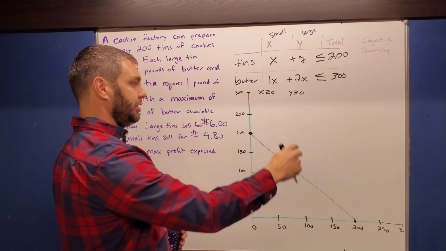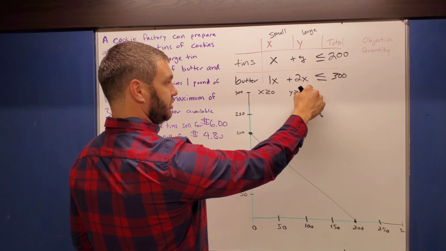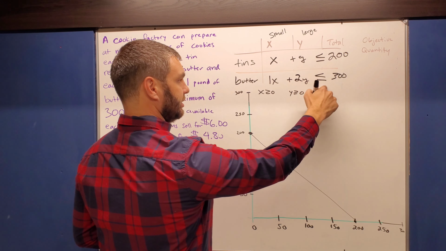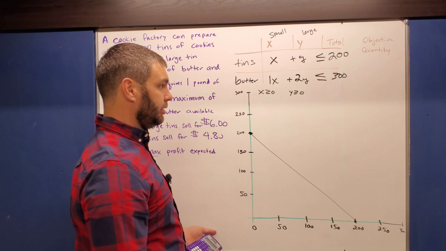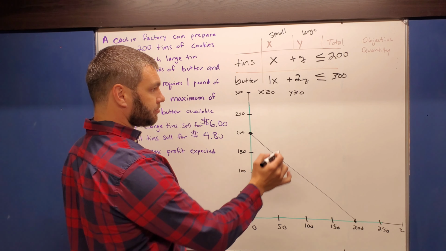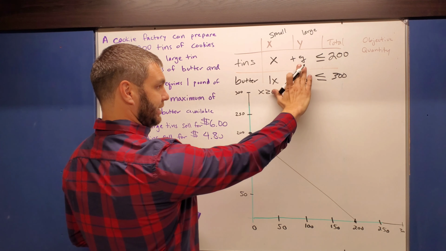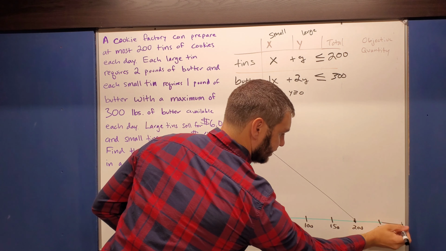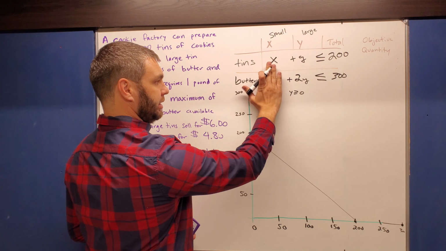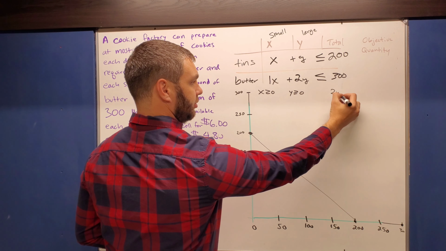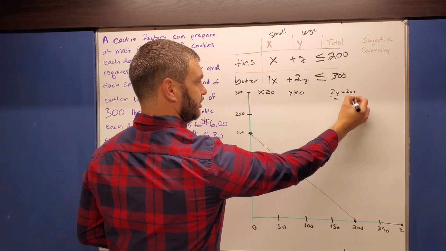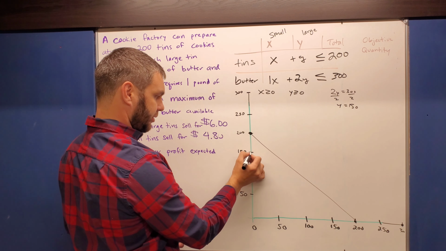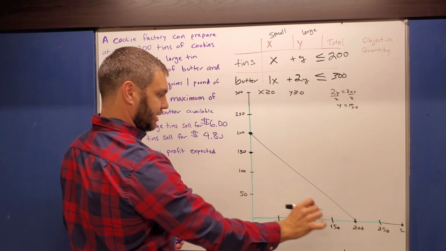All right, the next equation that I have is 1x plus 2, oops, that should be a y. 1x plus 2y is less than or equal to 300. Okay, and so for this one, at 1x, if I cover up the y term, x is going to equal 300. So out here, I'm going to put a dot at 300. And similarly, if I divide both by 2, right, 2y equals 300, divide by 2, y is going to equal 150. So on my y-axis at 150, I put a dot there, and I'm going to connect those two,